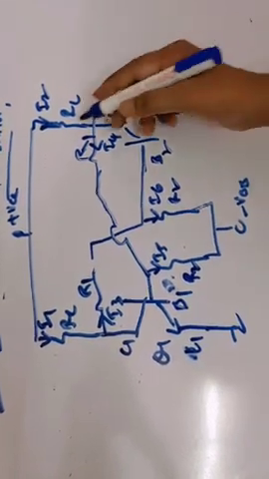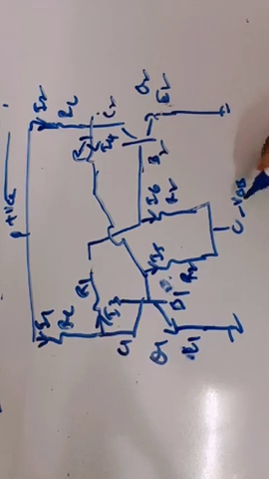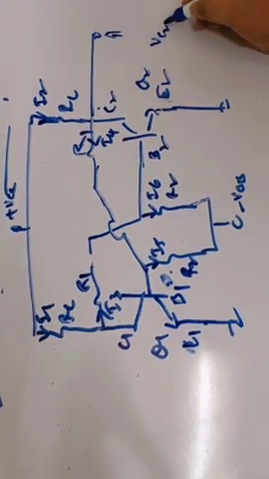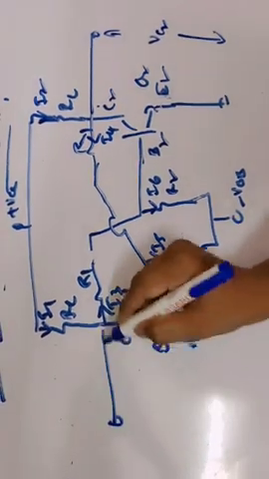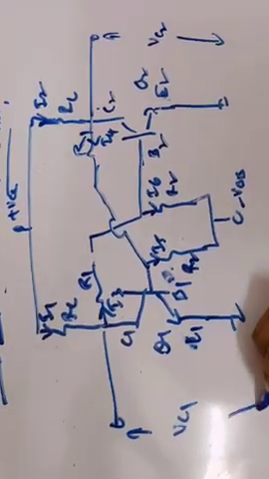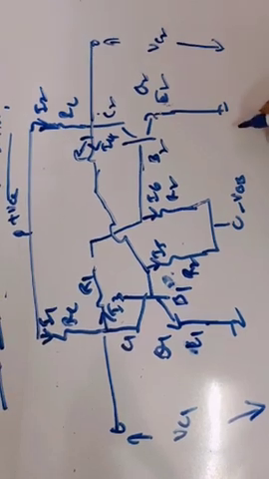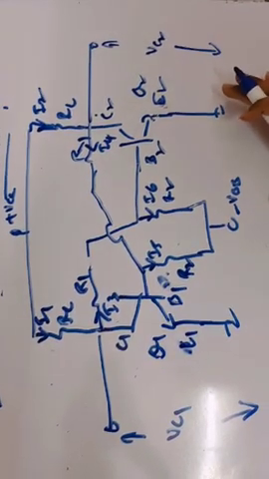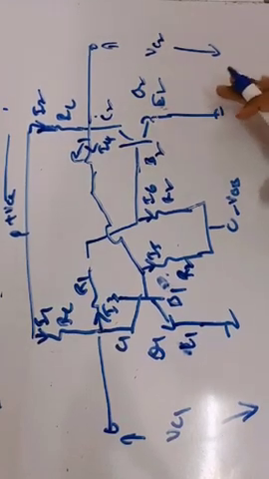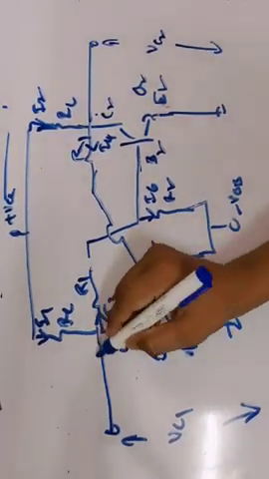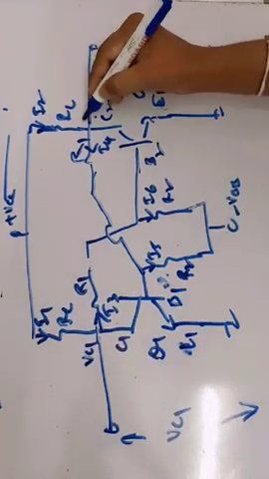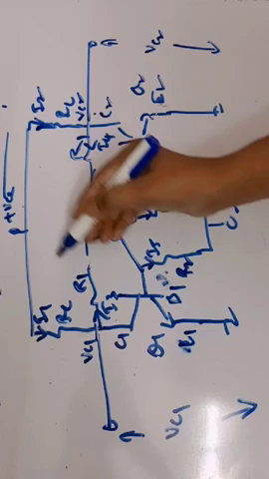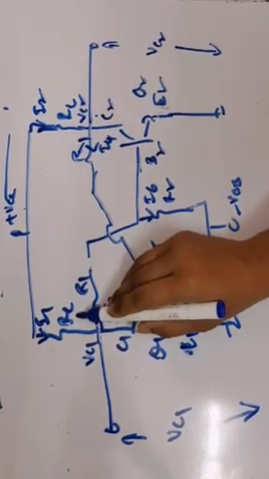So these are the currents related to the bistable multivibrator, and we will take the output across the collectors of the two transistors. VC2 is one output, and the other output we take across the collector of the first transistor. So this is the complete circuit of a bistable multivibrator. Now we will see the principle of operation of this bistable multivibrator. The potential at this point is VC1, and the potential at this point is VC2.